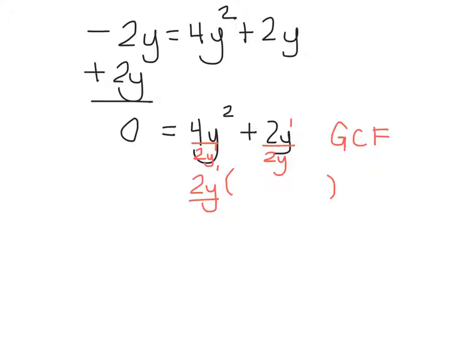So when we divide, we know to subtract exponents. 4y squared divided by 2y is 2y. And 2y divided by the very same thing, 2y, is 1. So I factored the right side of the equal sign, and I still have 0 left on the left side of the equal sign. Now I notice that I have a quantity here, A,